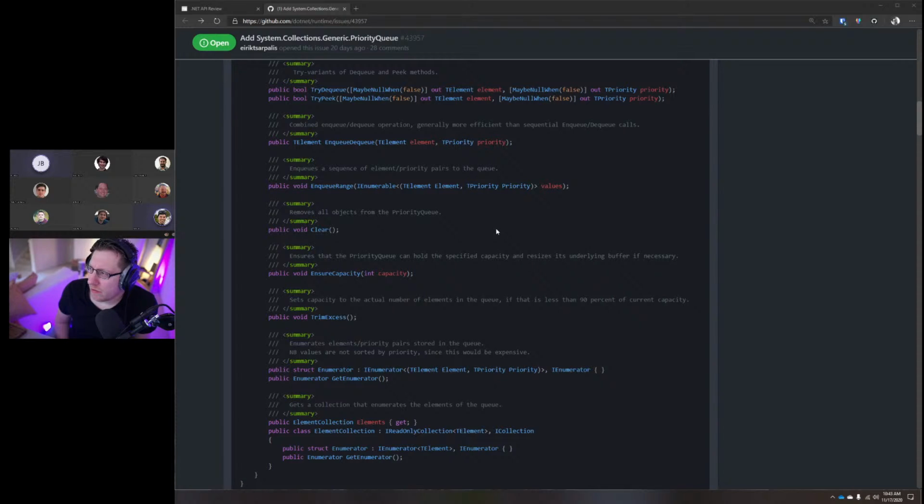Yeah, I mean, is the general expectation that priorities are somewhat unique, or is the assumption that you always have way more elements than you have priorities? Generally, what I've seen is that priorities are numeric values and most often enums. So you tend to have like 5 or 6 bands, I guess.